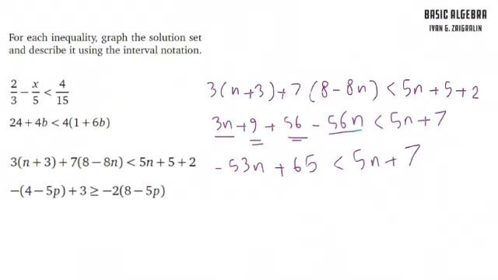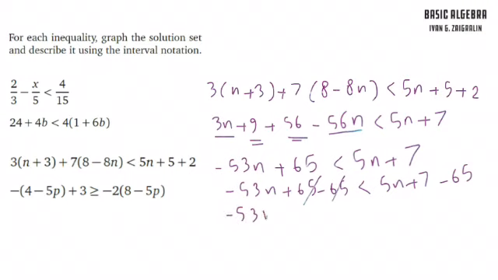So we add negative 65 to each side. So negative 53n plus 65 minus 65 is less than 5n plus 7 minus 65, and this 65 goes with this negative 65, and negative 53n is less than 5n minus 58,